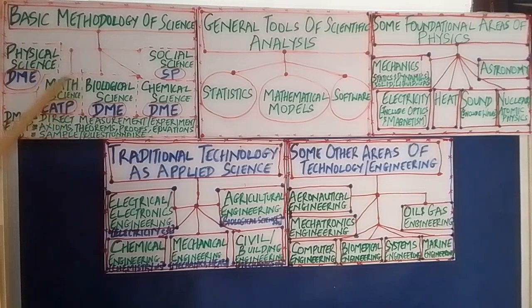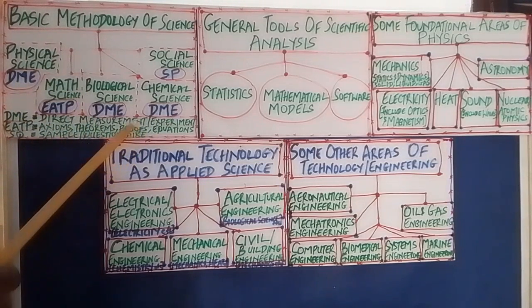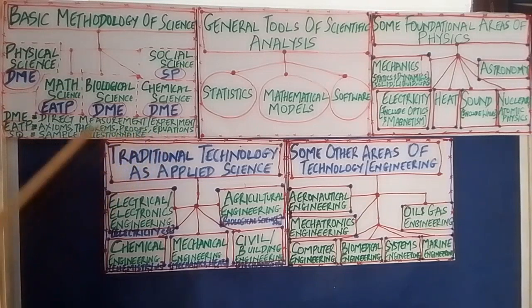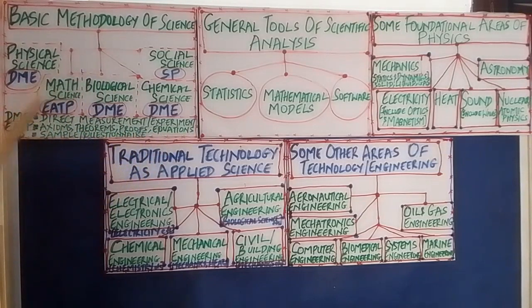Mathematical science is predicated on axioms, theorems, proofs, and equations. So in mathematical science, what you need to do is set up axioms. The axioms are self-evident truths. Okay? Like saying 1 is 1, 2 is 2. Then you